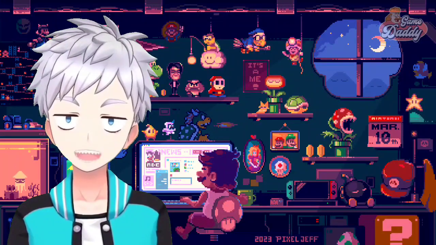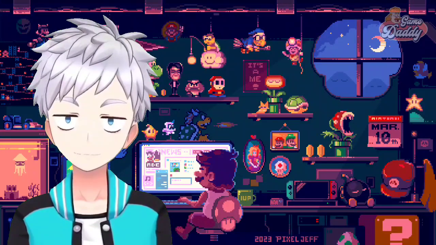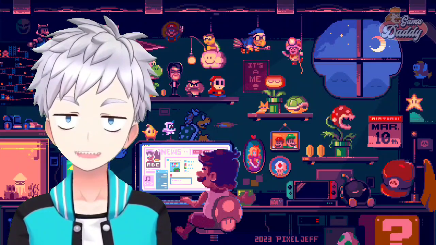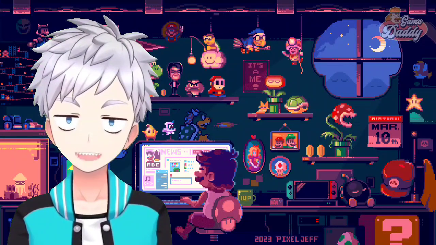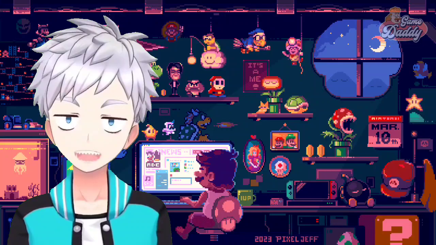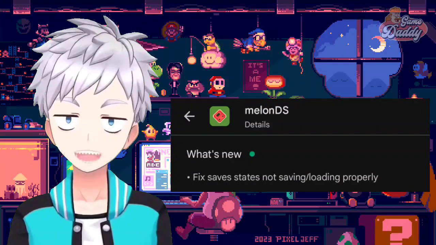Lastly, let's talk about Nintendo DS emulation on Android with Melon DS. Melon DS Android just got a brand new update, Version Beta 1.9.1 PS. In this update they fixed save states not saving or loading properly. So if you're having issues with save states, update your Melon